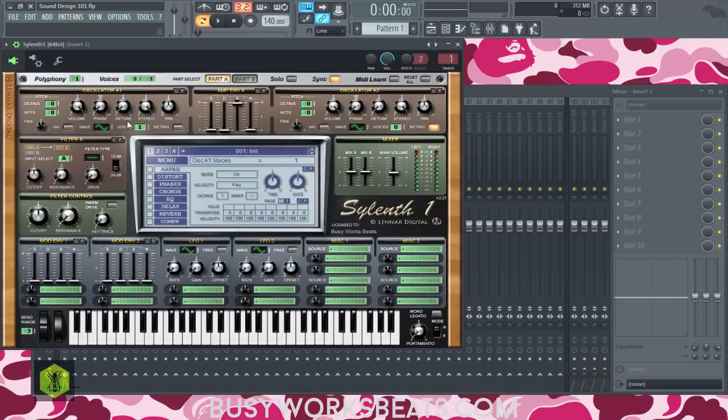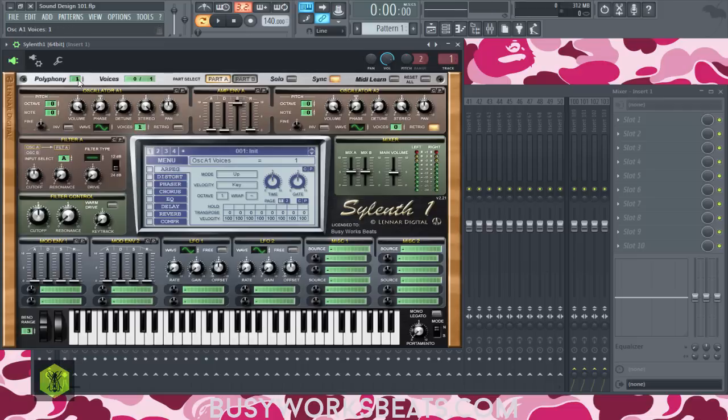So if I play, again, one voice is being counted here because we only have one oscillator going. If I change this to 2 voices, now the max multiplies the polyphony times however many active voices we have. If I change this over here, it's going to be 3 voices because there's 3 active oscillators. Multiplied by the polyphony equals the amount of voices that we're allowed to have in a given patch. So that's 2, 3, 4, 6, 7, and so on. It's just a number of oscillators going at once.